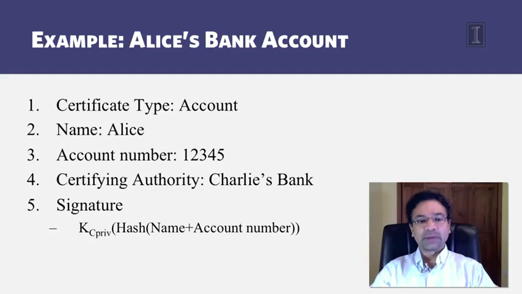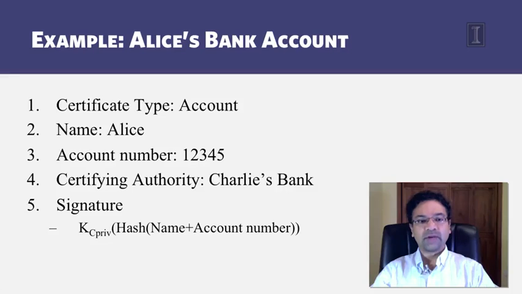Say Alice opens a bank account at Charlie's bank, and so Alice is given a digital certificate that says, hey, this is the account number for user Alice. The account number is 12345, and the certifying authority is Charlie's bank. There's a signature with the certificate, which is essentially you take the name field and the account number field, you mash them together, maybe do an addition or concatenation, whatever, something that is consistent, and then you take a hash of that for compaction, so that it's compact, and then you apply Charlie's private key to derive the signature. This means that anyone receiving the certificate would be able to use Charlie's public key to decrypt this signature